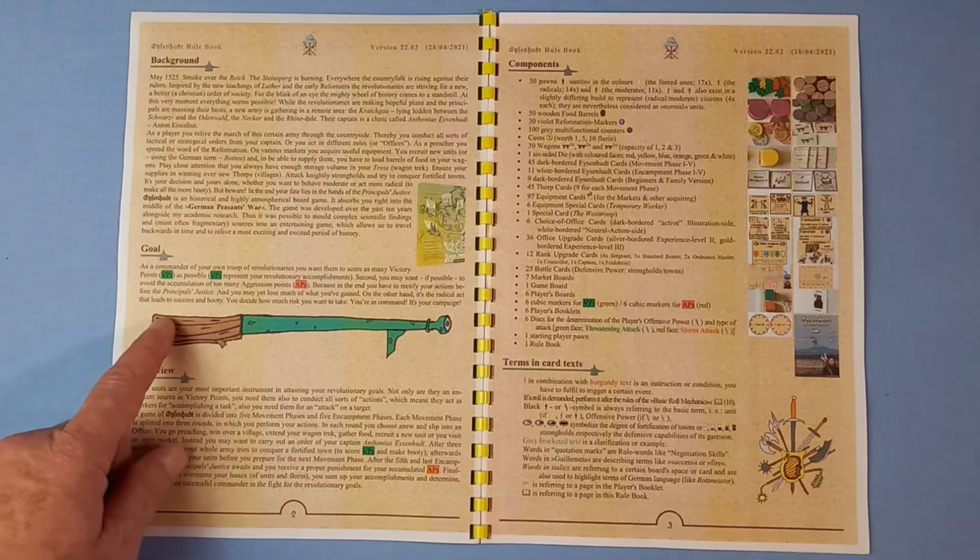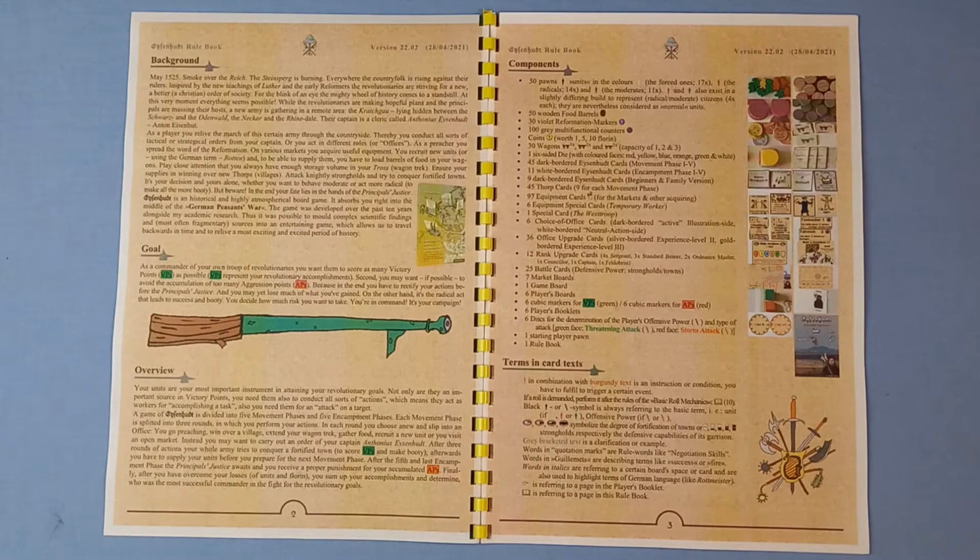So the goal is, as a commander of your own troop of revolutionaries, you're going after victory points. But at the same time, you don't want to accrue too many aggression points, because at the end of the game, you've got to justify your actions before the principal's justice. So the overview of the game, it says the game is divided into 5 movement phases and 5 encampment phases. Each movement phase is split into 3 rounds, and that's where you perform your actions. And in each round you can choose to